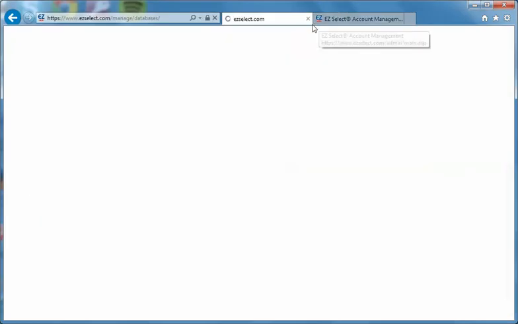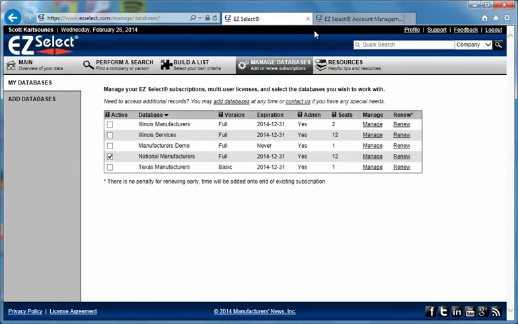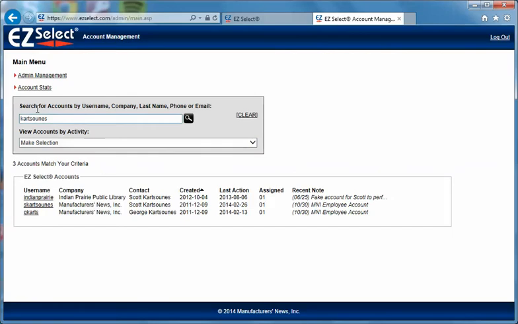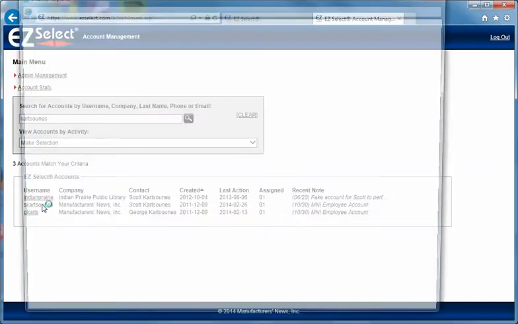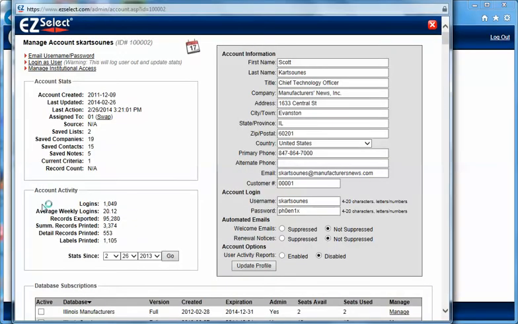So we've enabled this new feature now that we can turn on through the admin that'll allow me as the customer to be able to do that. So I pull up my account, and this is something that you will do on behalf of the customer if you decide to enable this feature. And you'll notice a new section down here titled Account Options, and underneath it, User Activity Reports. By default, this is disabled for every user. When you enable it,